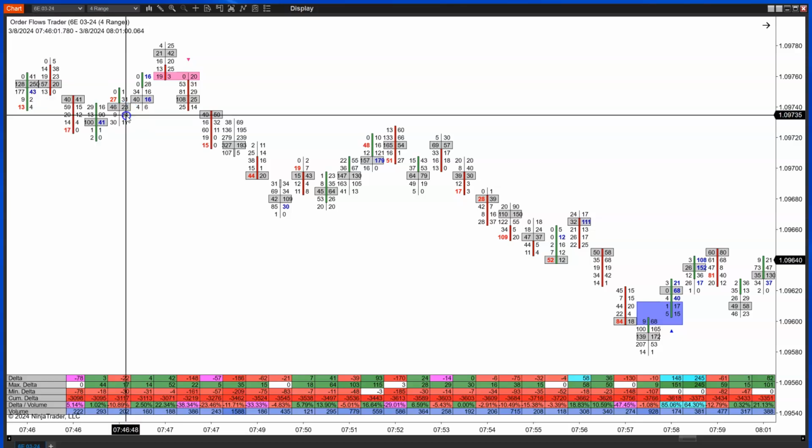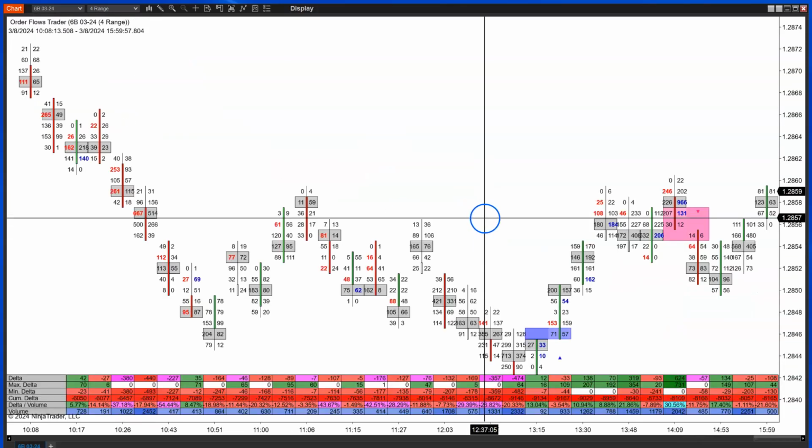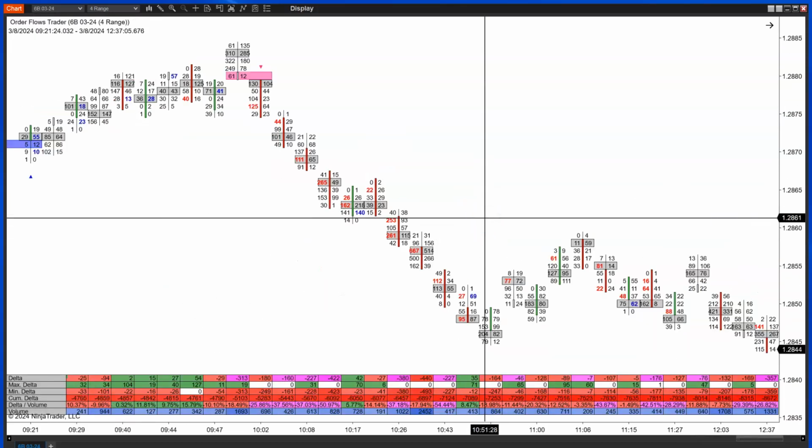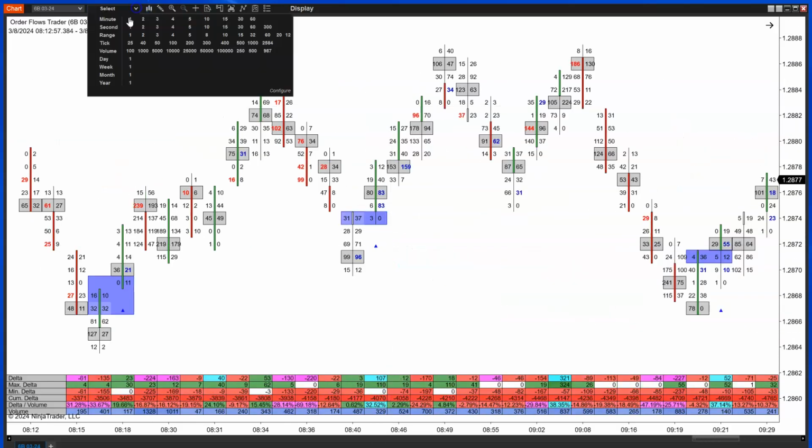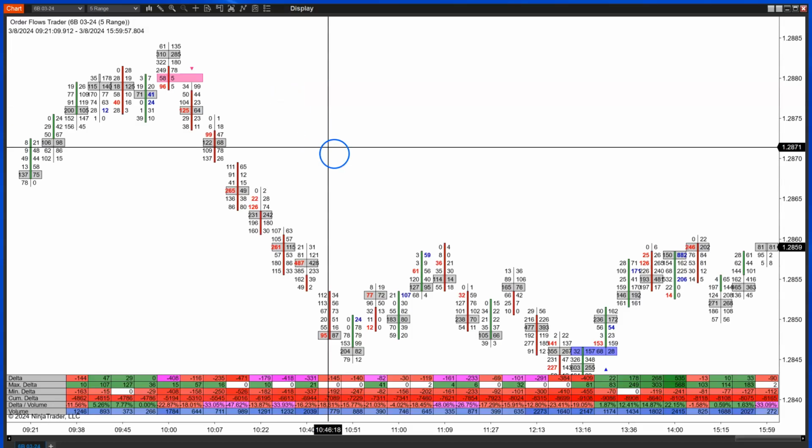British pound, also 4 range. And people ask, what's the best chart to trade? Is it a range-based chart? If it is, what type of range? This is a 4 range chart, but you could use a 4 range, you could use a 5 range,